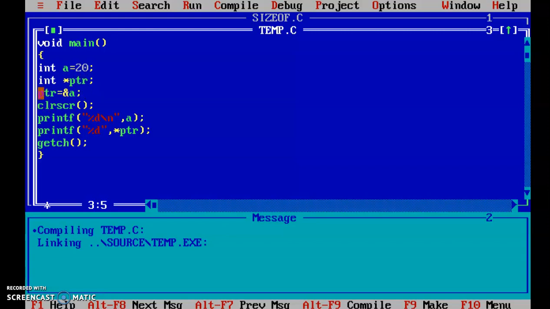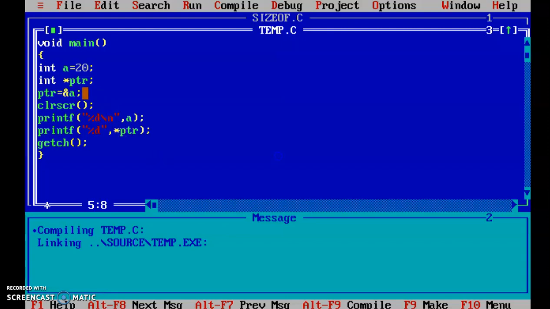So simply writing PTR, that means right now this PTR is one variable which can store address of another variable. And by providing star, it can access the value which is stored into A. So there are two different things. To access address, you just have to write only PTR, and to access value stored in the variable, you need to write star before the variable.